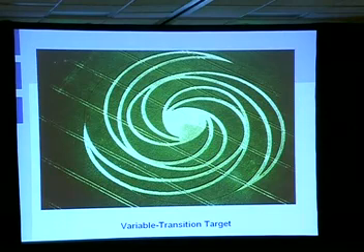Now, my first experience with these sorts of targets came at the Farsight Institute that I used to participate in. One of the first ones I did with this was a crop circle target. Now, here's one thing I want to mention, which is very important. We typically refer to these as anomaly targets. I don't think that's a good name for them. I think we should call them something like variable transition targets.